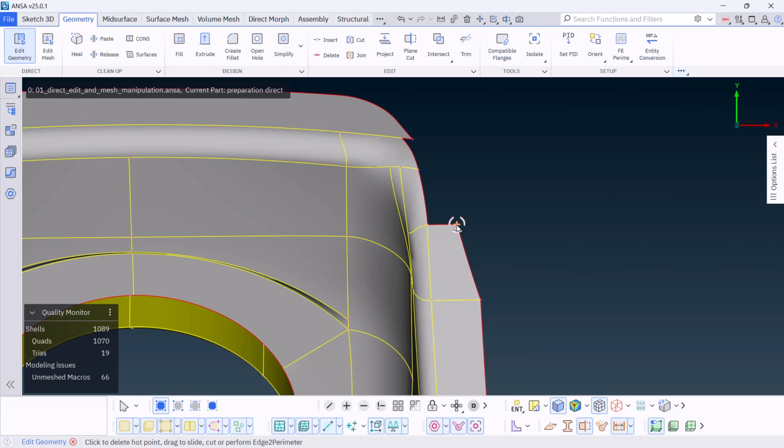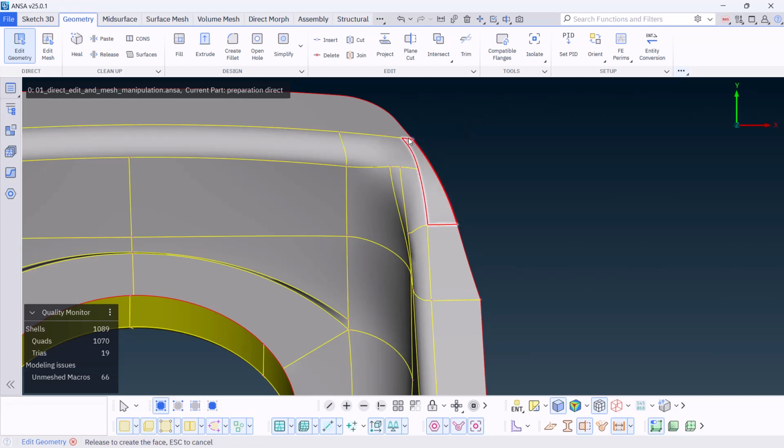While having a hot point highlighted and pressing right mouse button, select Create Curves from the context menu. Select a hot point to define the end of the curve. As you can see, there are two more points visible in close proximity to the hot point selected, that can be moved in order to define the tangency of the newly created curve.